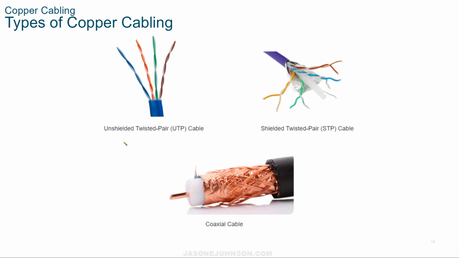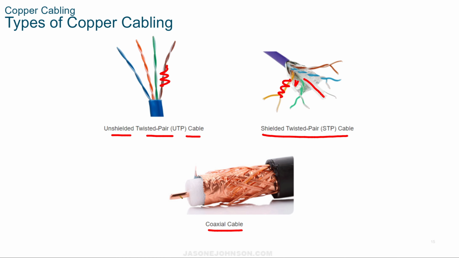Here we have some visual representation. This is an unshielded twisted pair cable. It's the least expensive of all the copper cabling. The shielded twisted pair uses extra shielding. You can see here the wires are wrapped around each other the same way they are for the unshielded twisted pair. But here we have metallic wrapping that goes around, and we also have some extra plastic in the center to help give it some stability. But that extra metal wrapped around doesn't eliminate, but it will reduce some of the EMI and RFI.